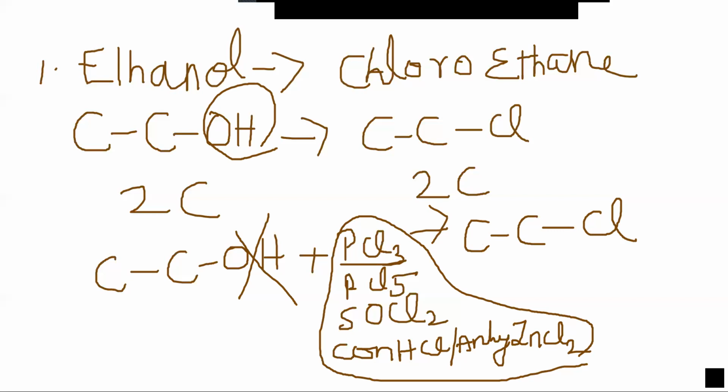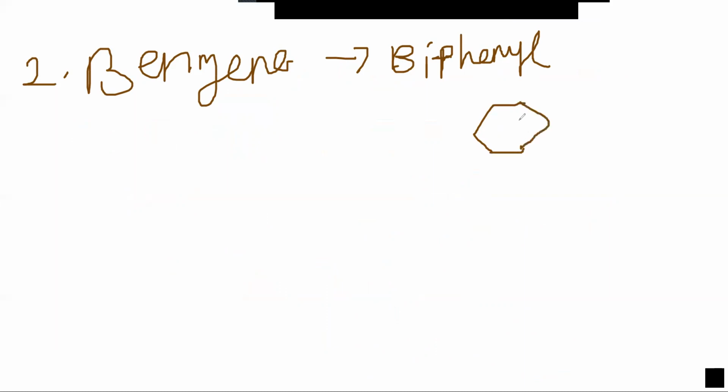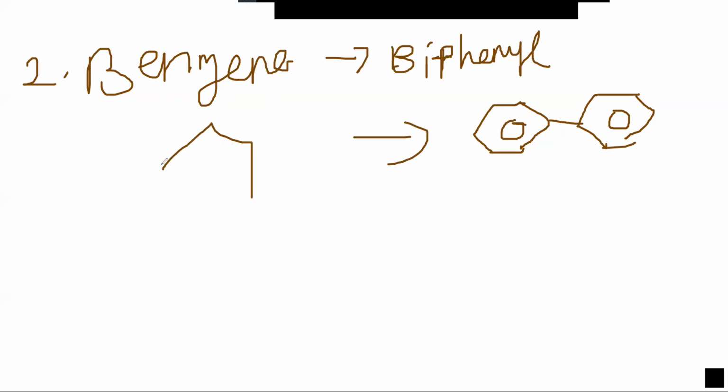So next we will see the second conversion. The second conversion is benzene to biphenyl. Biphenyl or diphenyl also you can say. Biphenyl: two phenyl rings are connected. So two benzene rings are connected, that you will call a biphenyl. So this is the structure of biphenyl. So first draw the structure of products and reactants. Biphenyl, benzene, you know. Two benzene rings connected together is called biphenyl.